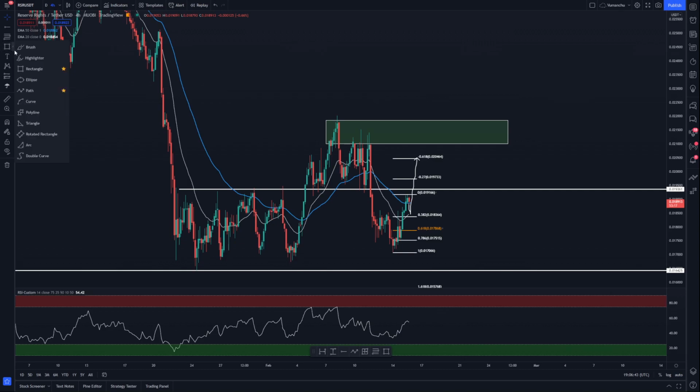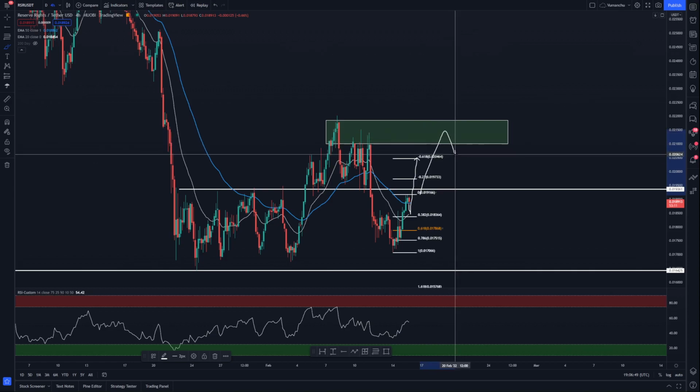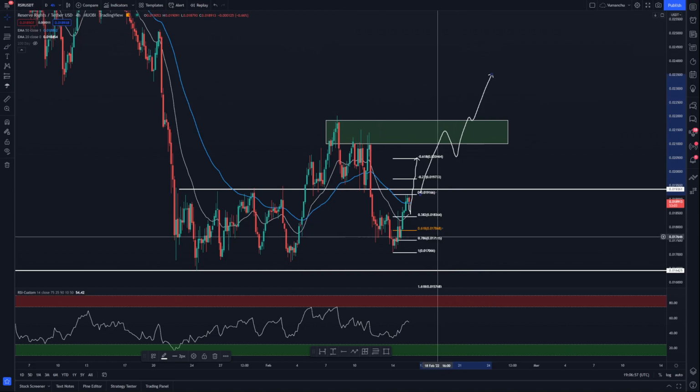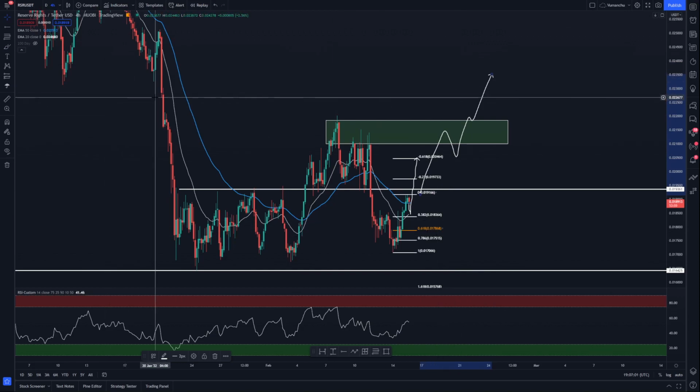Because when we do hit these levels of resistance, for example, if we push up here, we will reject. It's always a possibility where we reject. We'll probably come back, retest the top of this 618 negative level, and then hopefully second time round, we'll flip it to support and then push on. So that's levels to buy, levels to sell, and all in all, I'm starting to feel a little bit bullish